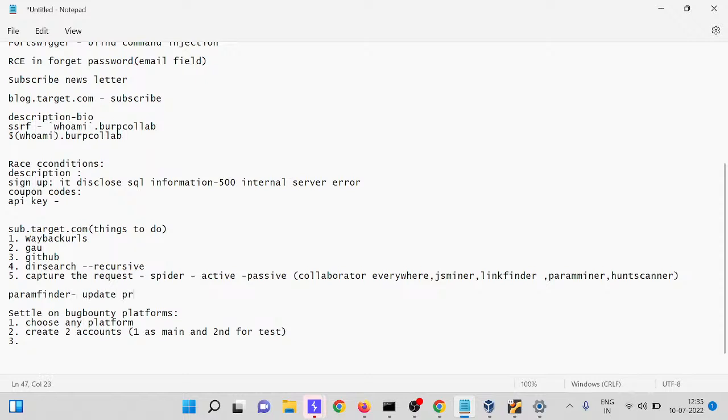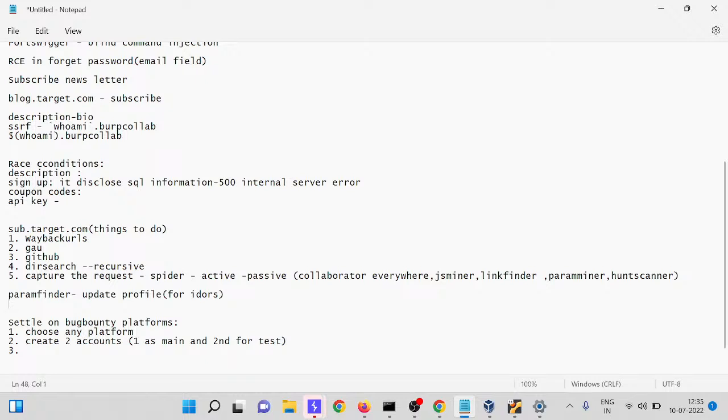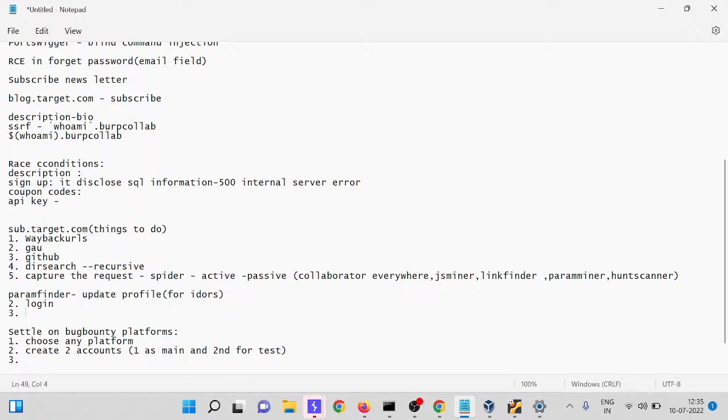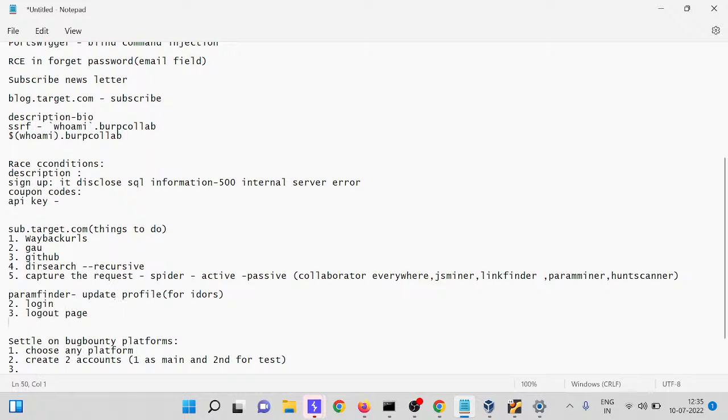So run Param Miner on the update profile page, for IDORs. Second, you need to run this on the login page, logout page, and reset password page.